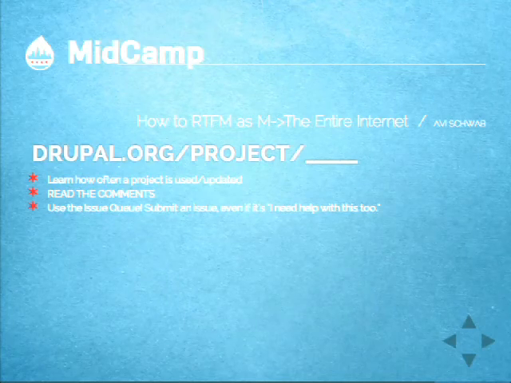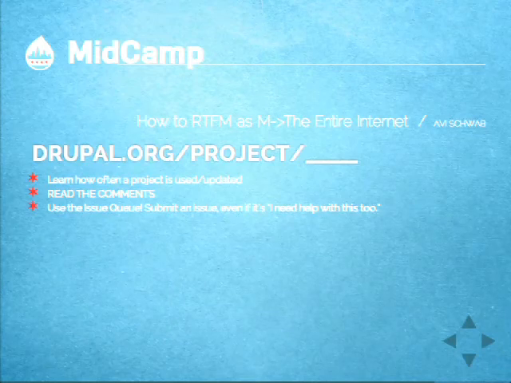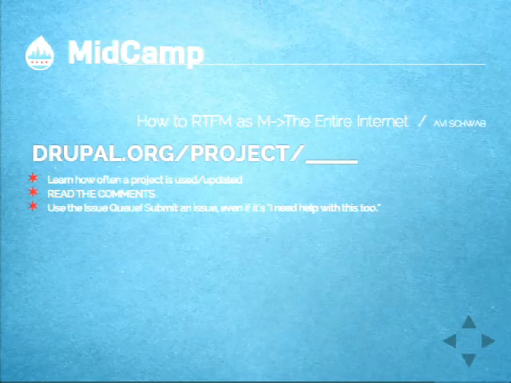So yeah, the issue queue on the project pages is a really, really great resource. That's basically where all of the conversations about all of the things Drupal happen. You can find it on the right side of the module pages. You can search for something, or you can see how many bugs or issues are out there. You really need to go in there if you're going to do any kind of work on installing any module. You can go through and read exactly what's happening, what's broken, what needs to be fixed, what patches you need to put on to get something to work. It's a really, really good place to learn.